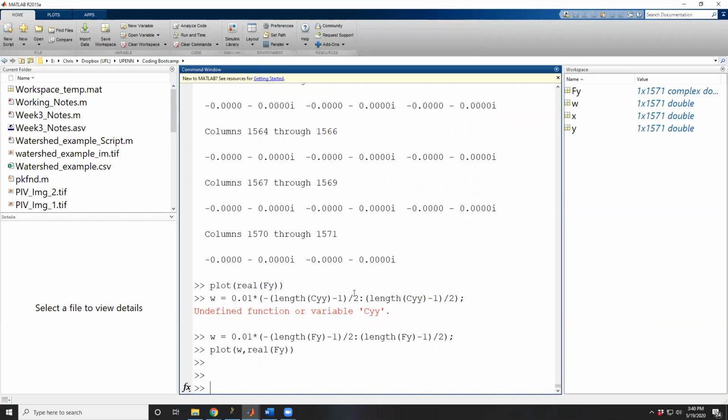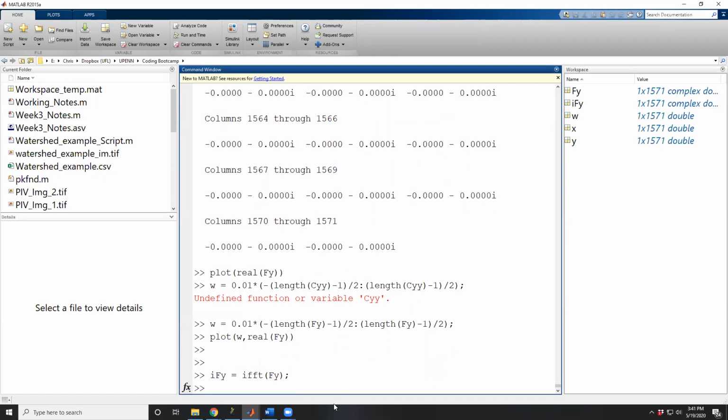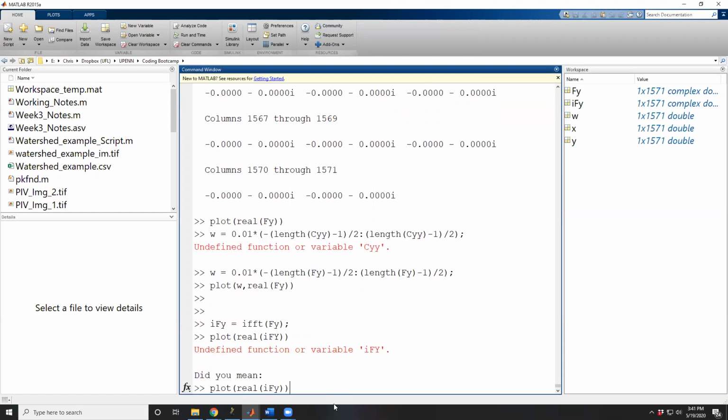Similarly, to take the inverse Fourier transform, we can just use IFFT. So if we do IFFT of our Fourier transform, and we'll call this IFY for the inverse Fourier. We can then plot the same thing. And we'll see we should recover